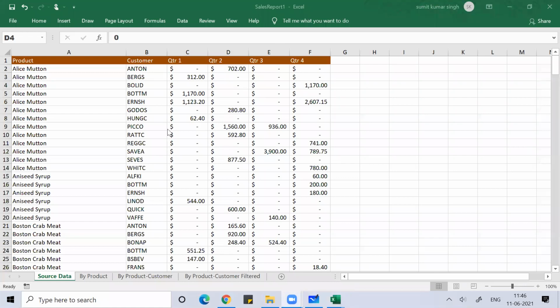Great. The reason, guys, why I told you to open the Sales Report. In case you're not getting it, I can forward it to you, but there are so many students and we don't have a common WhatsApp group.